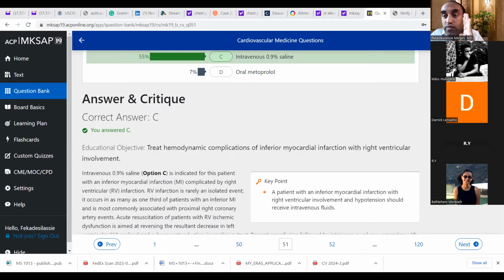Just for academic reasons, for ease and clarification of our discussion, I have to list out 20 or 15 differential diagnoses. This is just to help you understand. Otherwise, this is the way I think. Chest pain, what could it be? Could it be PE? Could it be aortic dissection?